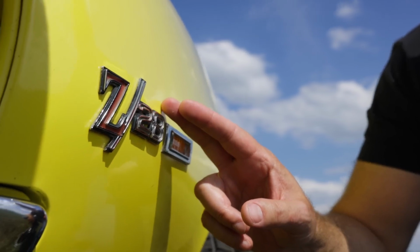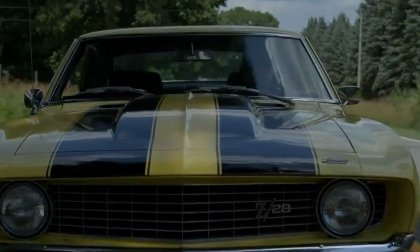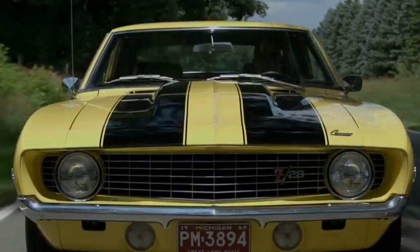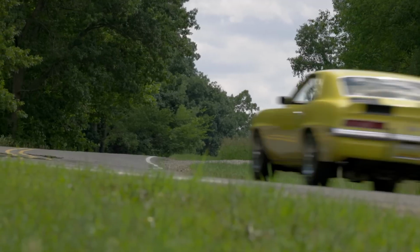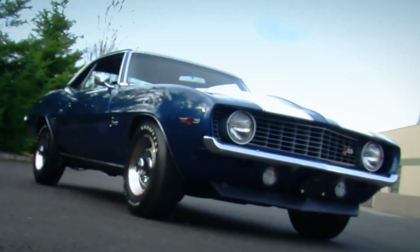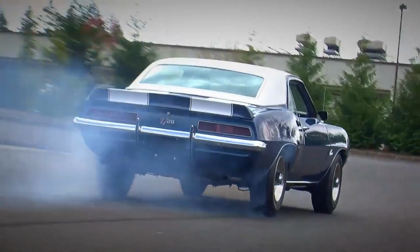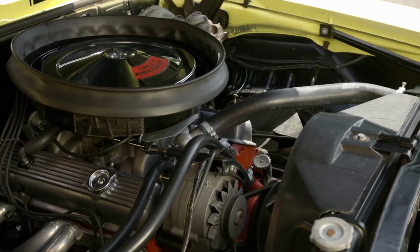The Z28 played a crucial role in establishing the Camaro as a serious performance car, setting the stage for future high-performance models. Its success in the Trans Am series highlighted its capabilities and cemented its place in automotive history as a sought-after muscle car. The Z28 was powered by a 302 cubic inch, 4.9-liter V8 engine, a special high-performance version